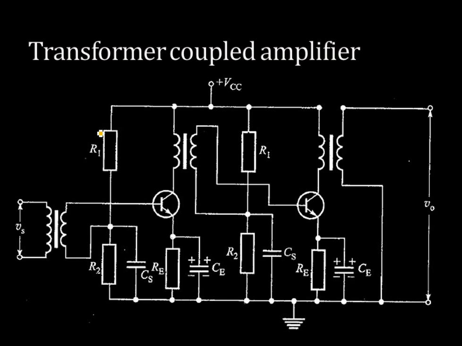You can see here a transformer is used to transfer the AC output voltage from the first stage to the second stage. Also, you can see a transformer connected at the input. Please note that it is not a step down, it is a step up transformer. There is a low number of turns on the primary and a larger number of turns on the secondary. So the resistor RC, you cannot find the resistor RC here. It is replaced by the primary of the transformer, which is coupling the first stage to the next stage.